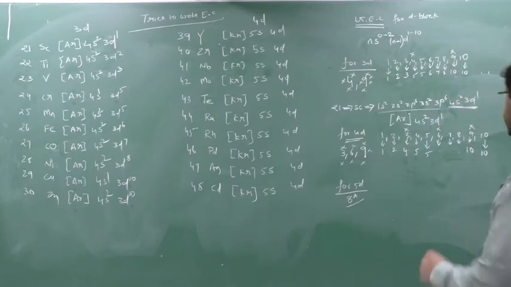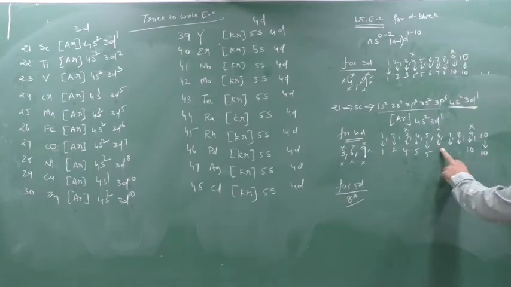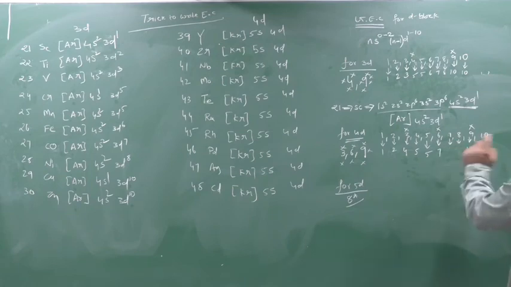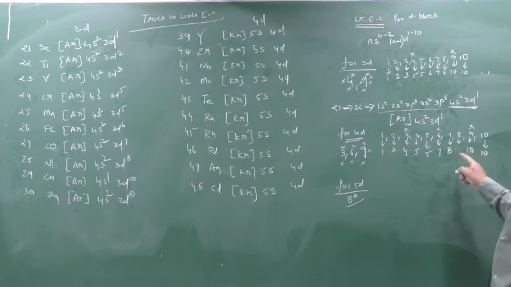This is only a simple trick. See. 6 has come. 6 you should not take. So after 6 what will come? 7. Now 7 has come. Yes or no? So 7 has come, so 7 should not be taken. What to take? 8. Now 8 has come. Now 8 has come, no?